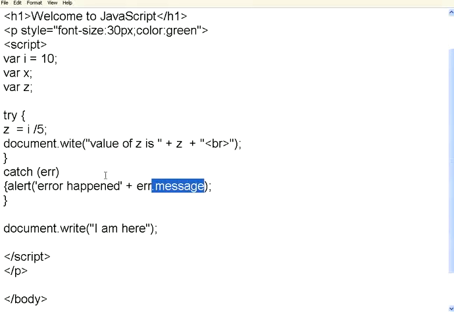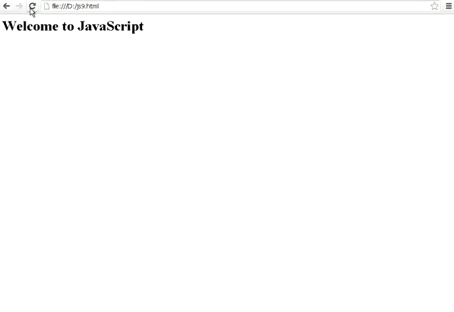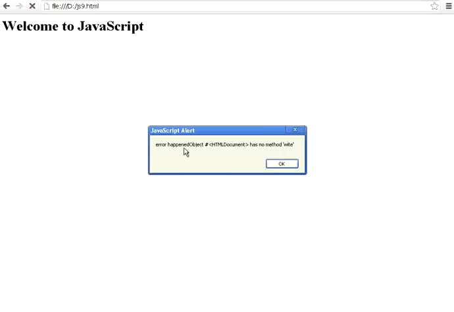So to get that, we are using err.message. Let us execute this code now. I execute this code. Error happened. It says object HTML document has no method WITE. So it shows some clue to us. Now by reading this I know, okay, there is somewhere WITE.